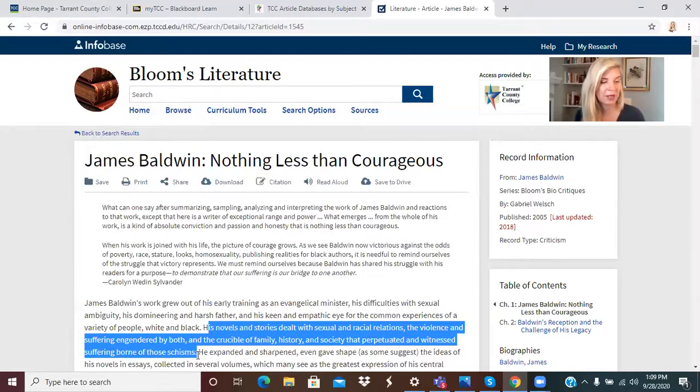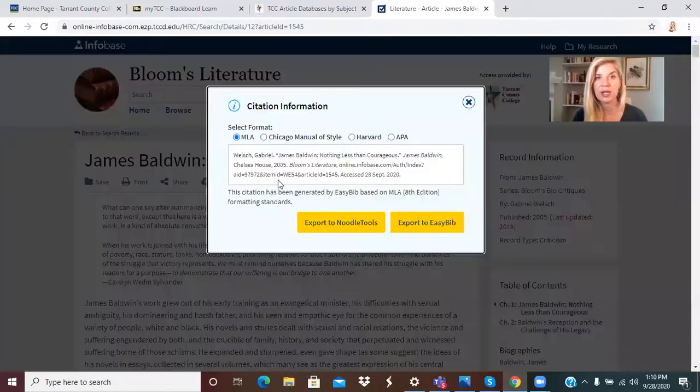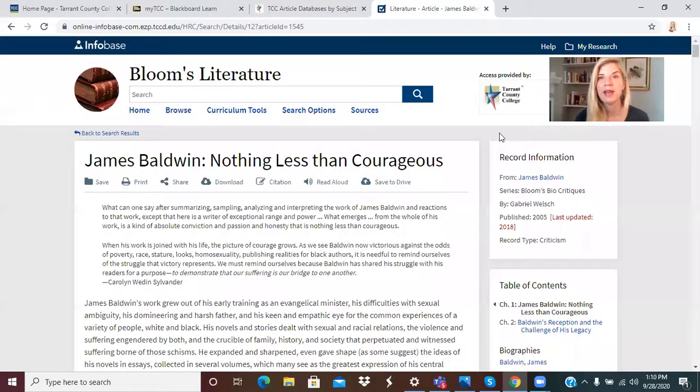So, maybe you want to use that, then you certainly can do that. And you could use this quote, and then you can go here to your citation. And what you would put in the in-text citation is just Welsh. What you would put in the works cited page is this right here. All right, so hopefully that helps you with the literary database,